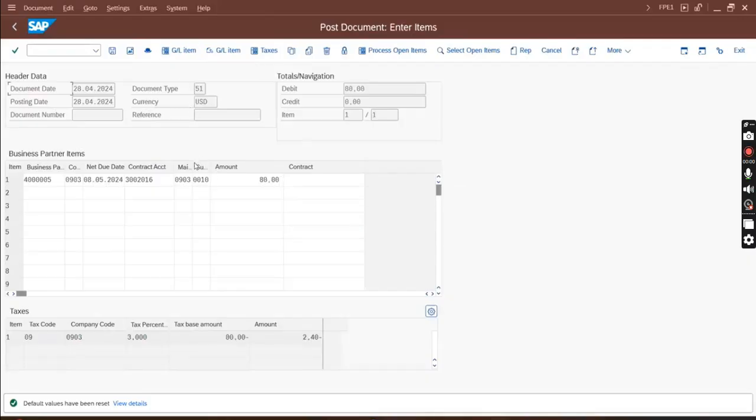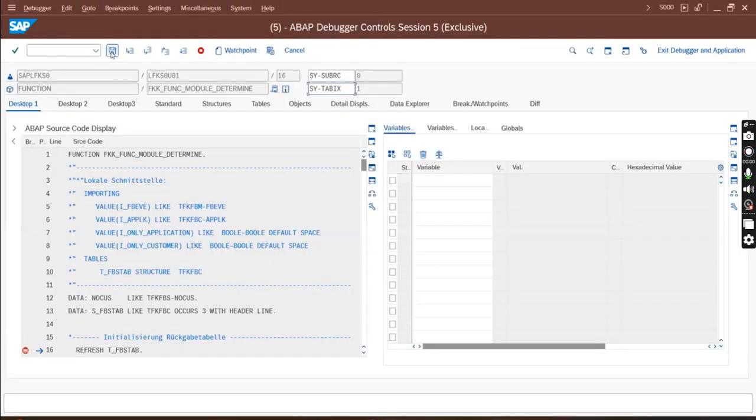Now the moment I save it, it gets posted. Here I will save it, and it will read all the code. It will tell me what the different events are that it goes through. I click on post.